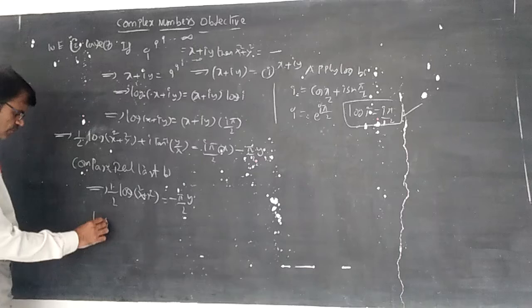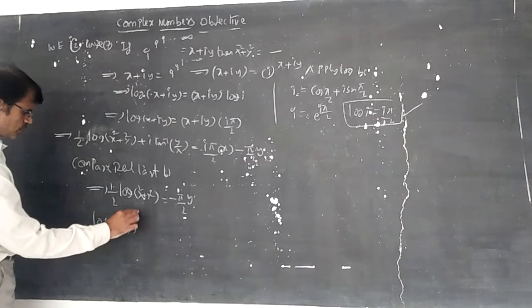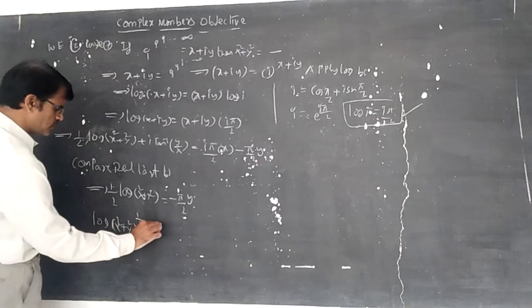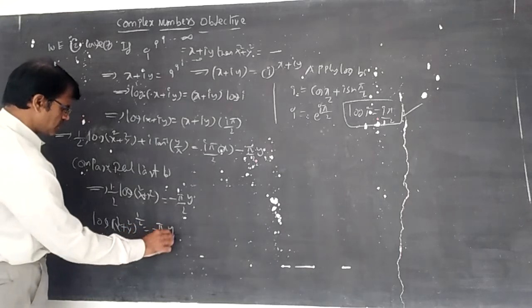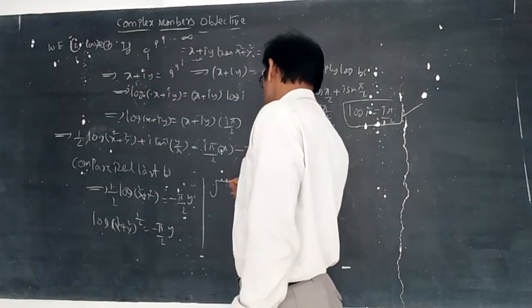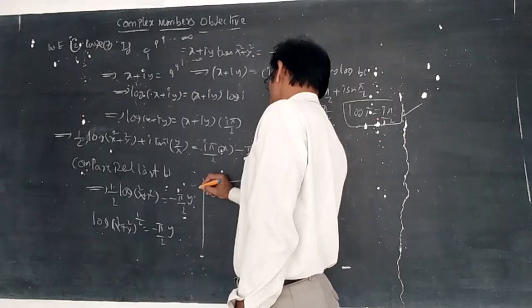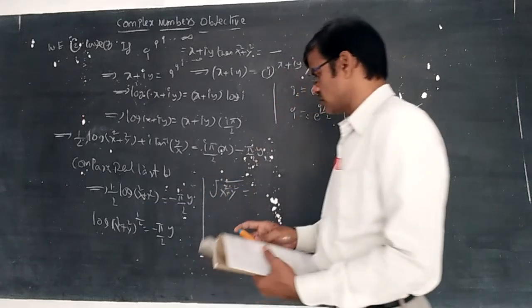So log of x square plus y square whole power 1 by 2 is minus pi by 2 y. So root of x square plus y square is equal to